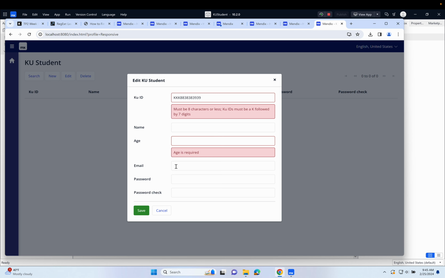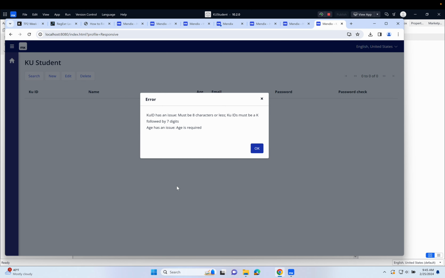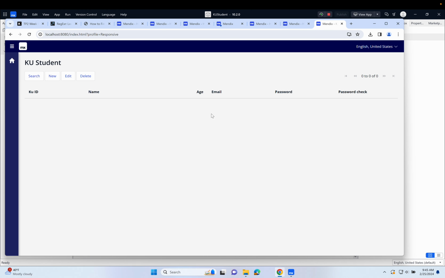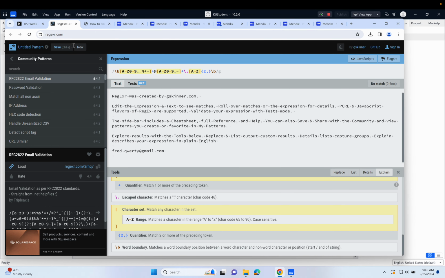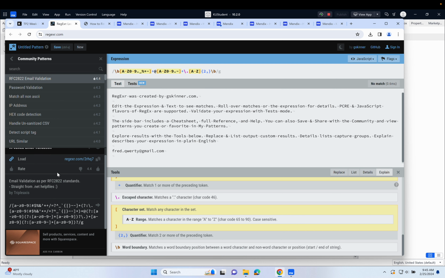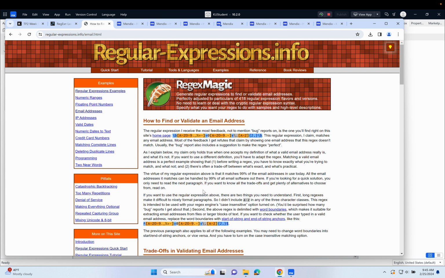The next thing that we could do is add a regular expression for email. There are a bunch of different ones available for this, and you can search for a regular expression on various different sites. For example, here's an email validation. That's a nice long string, or we could have one in here. All we do is copy it back into Mendix,